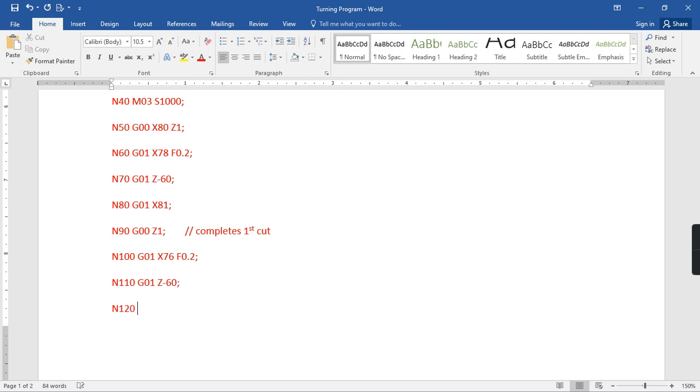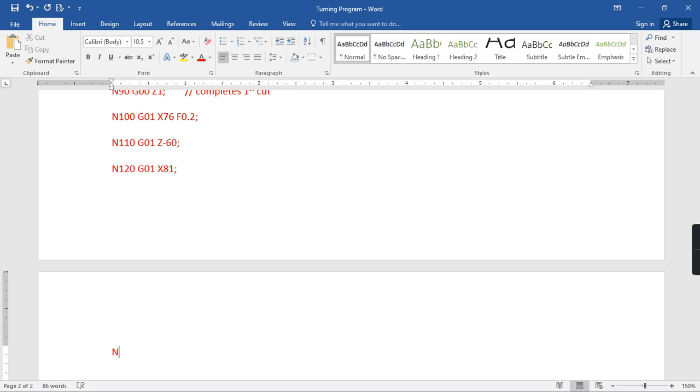N120, again G01, X you have to put, because we are at Z minus 60, X 81. You have retracted it back. Again N130, you have to quickly retract it. So G00, Z1. This completes your second cut.